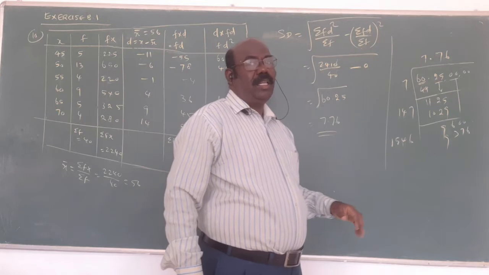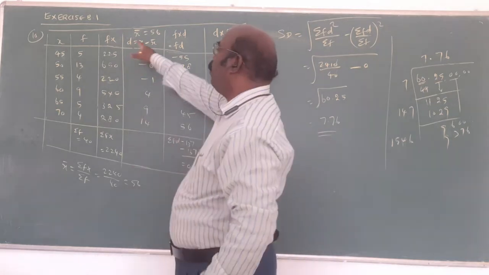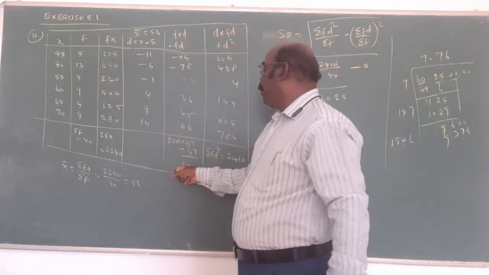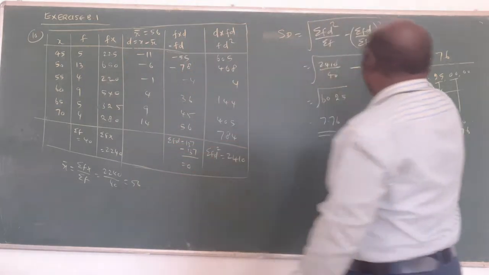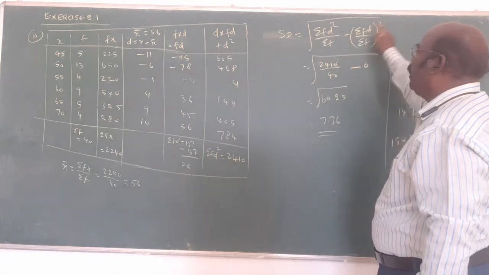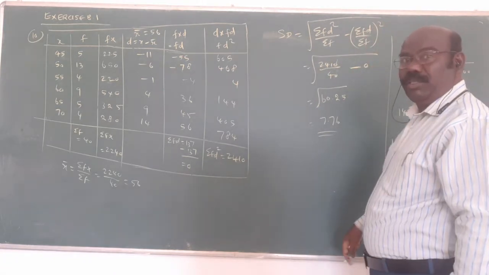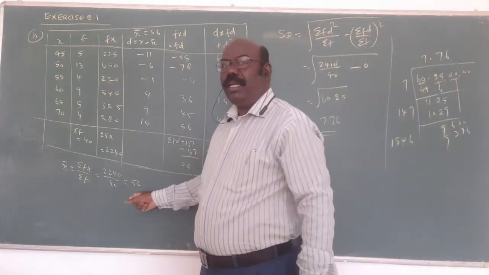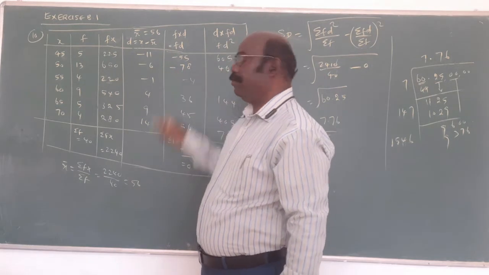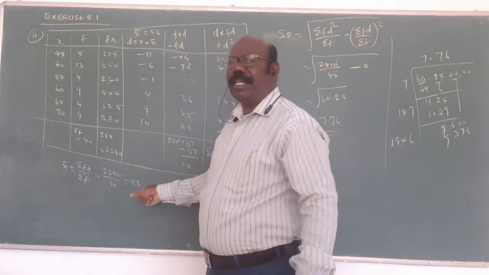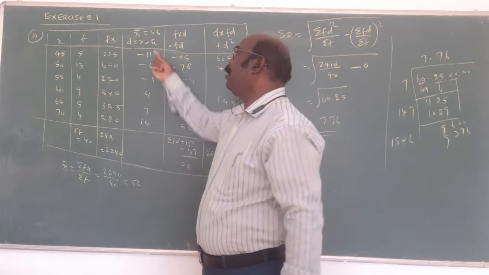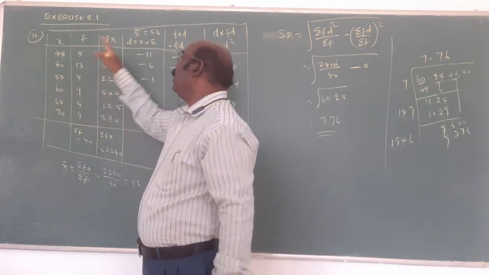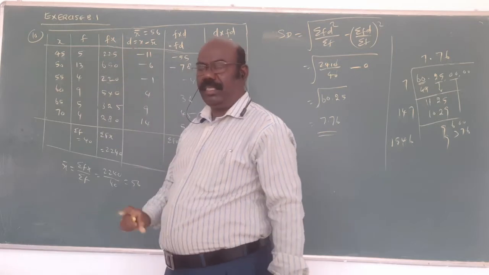Easy for you. Suppose we do not use this method, put D equal to x minus a, where a is equal to 15. Then we get the sigma FD, some number will come, but 0 also can come. Divide, square, subtract, and only then take the square root. Somewhat extra work is coming. That's why, to find x bar without this, we will subtract x bar. Suppose 56 point something will come. Automatically put A equal to the middlemost number, out of the total, any number. D equal to x minus A for the calculation. This is the idea.